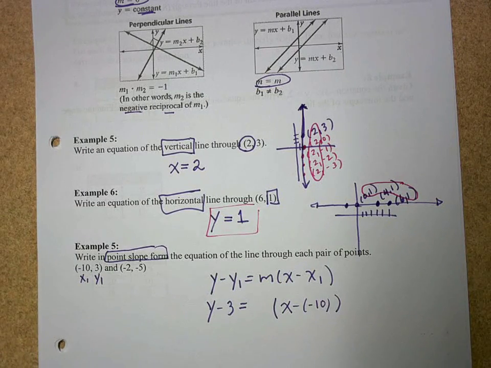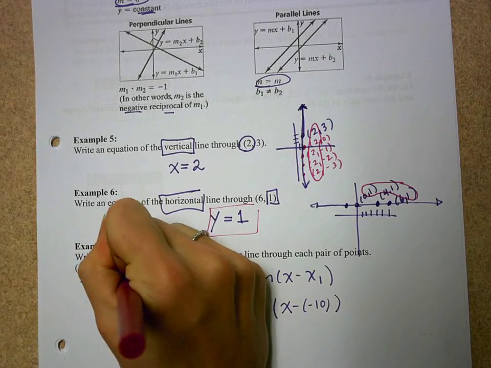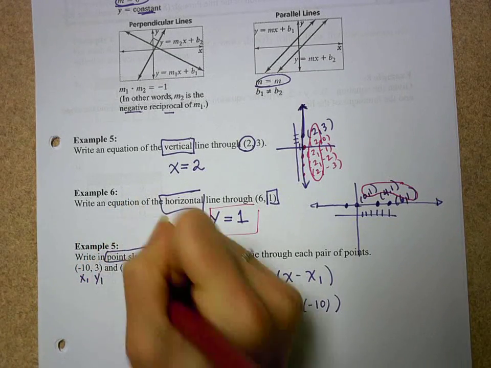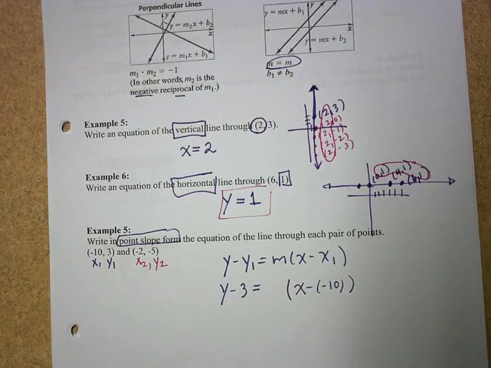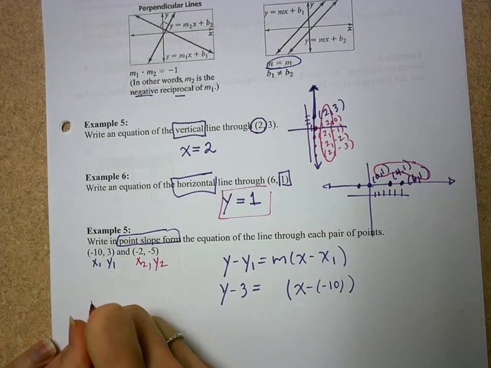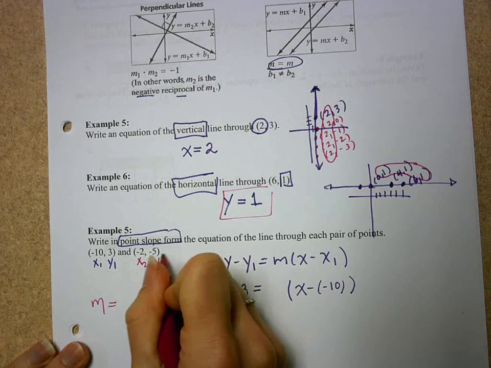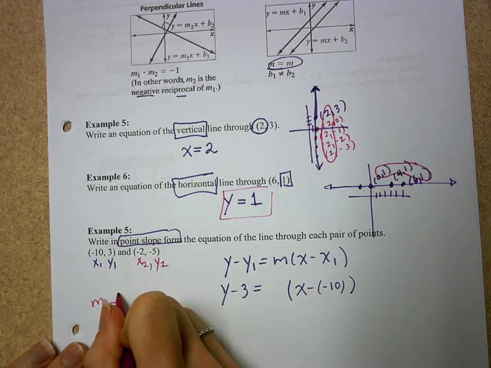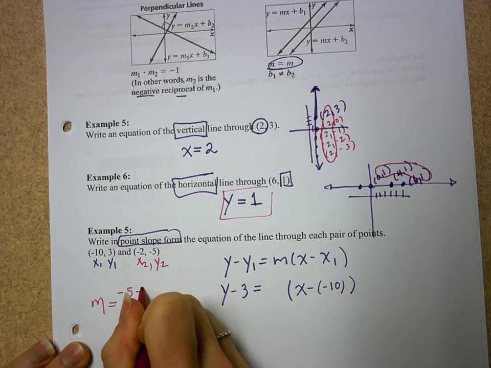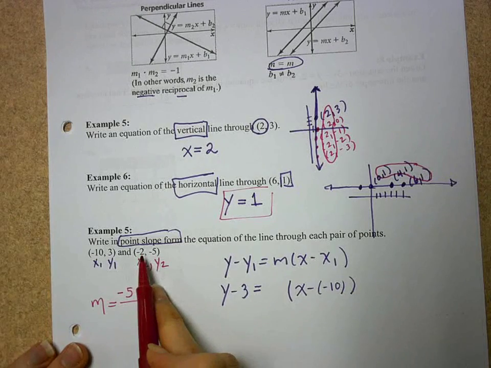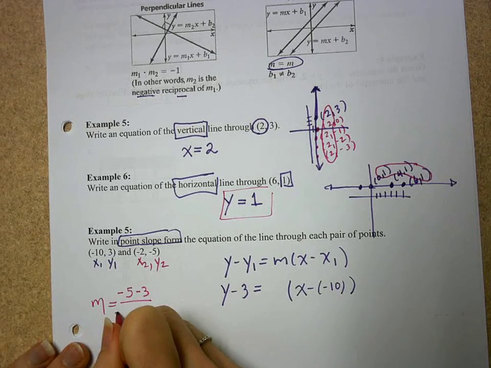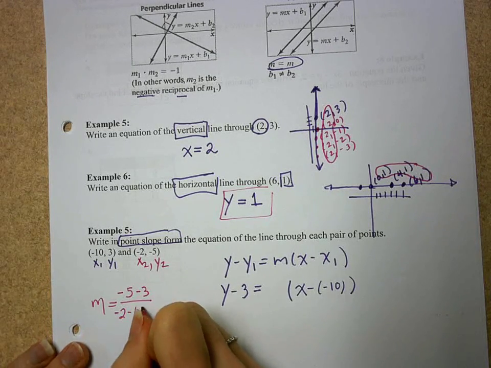How do I find the slope here? Well, hopefully you're saying, oh, you have 2 points. You have an x1, y1 and an x2, y2. So we can use that formula that we know is used to find slope. Slope is equal to y2 minus y1, so negative 5 minus 3 over x2 minus x1, negative 2 minus negative